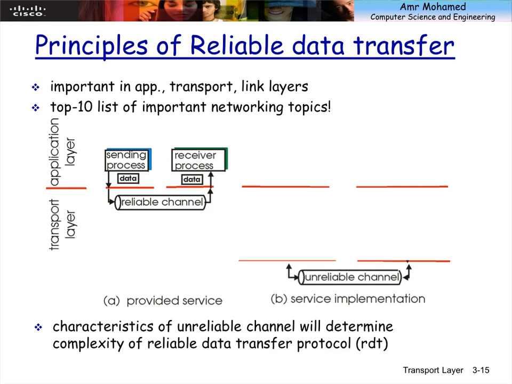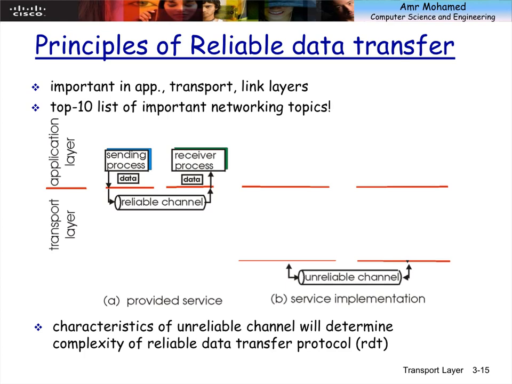If I assume that my channel is lossy, which means that it could be error-free, but I can lose the entire packet or the entire segment, in which case, how do I compensate for this? First, how can I detect that the packet is lost?